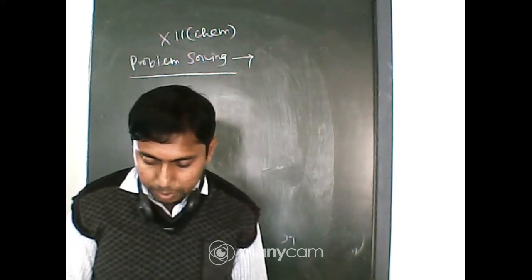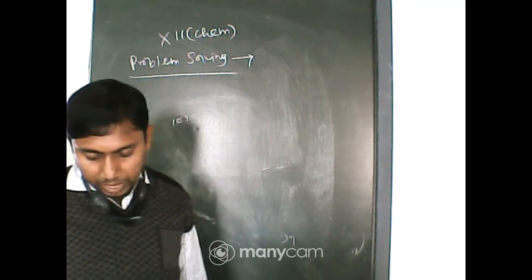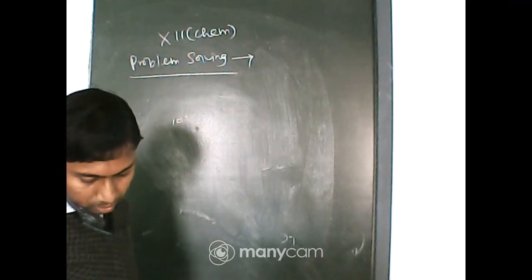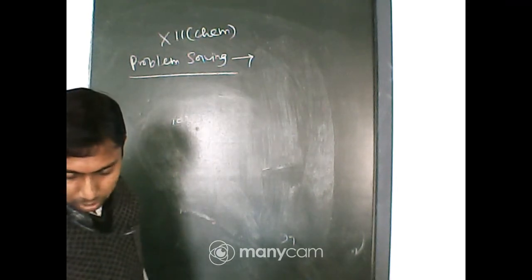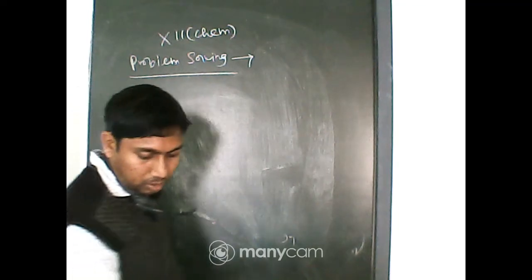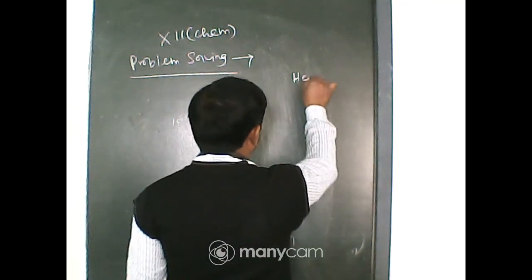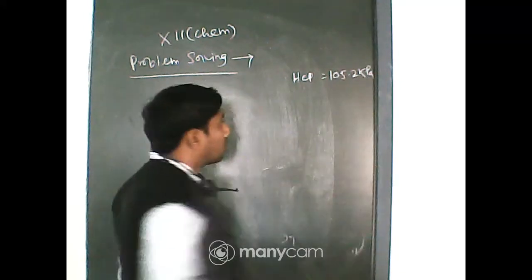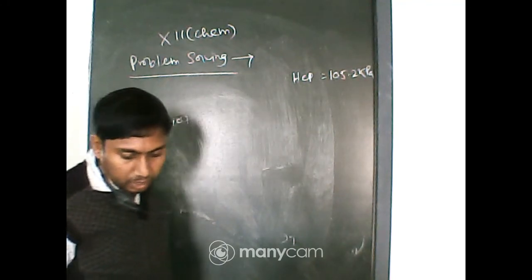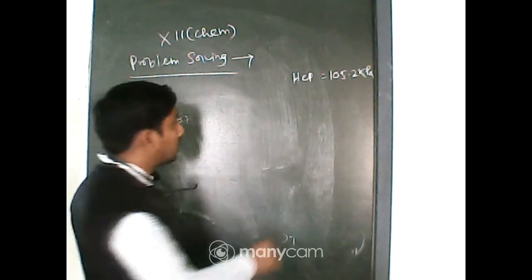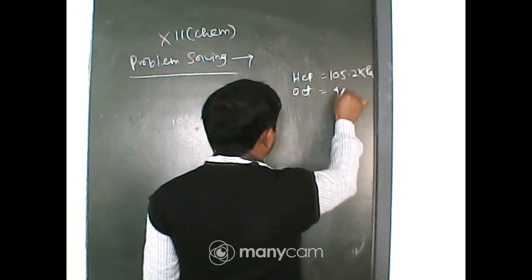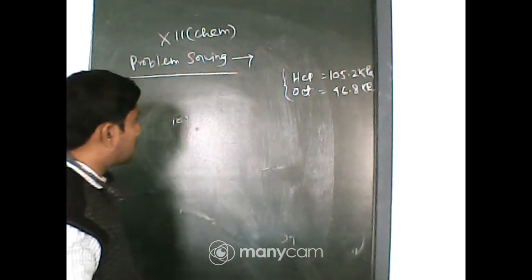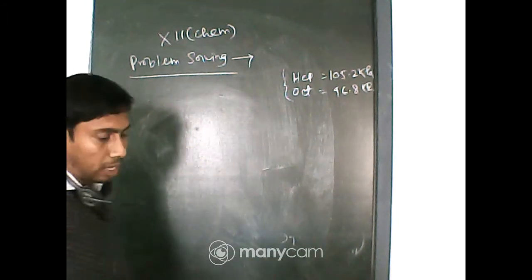In a solution, 25 gram of heptane. So here also we will calculate the molar mass of heptane and octane. Okay, now the data is the pressure of the two liquid components: heptane is equal to 105.2 kilopascal, and that of octane is 46.8. These are the components in the mixture of the solution according to pressure.